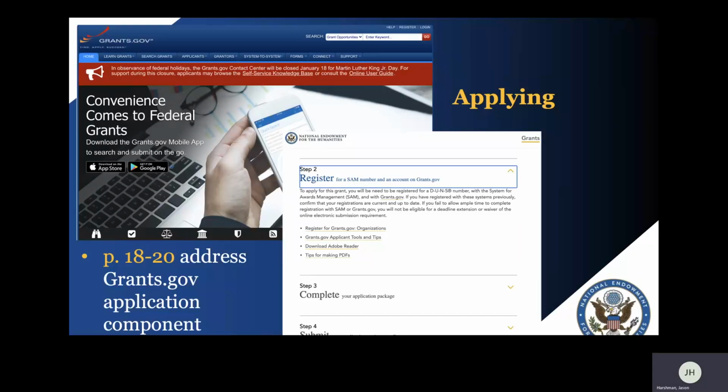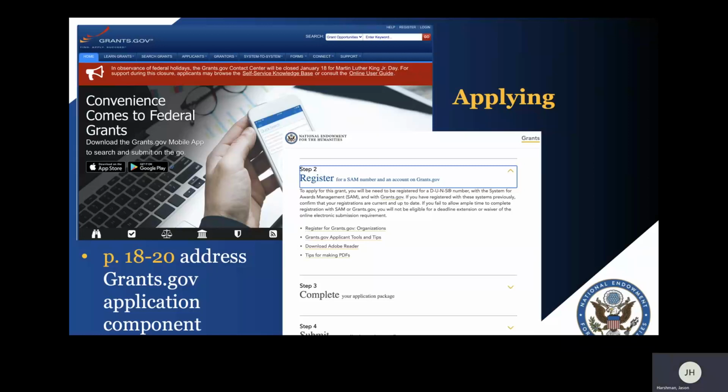When you've pulled everything together and you've brought together the attachments as well as the main body of the narrative, you're ready to apply. You must apply using grants.gov and sam.gov. You'll want to make sure that since you are applying as an institution and not as an individual, you use your institution's information. You'll want to check with your grant administrator at your institution to find this information and make sure that it is up to date. This process can take a while to complete, and so you are advised to start this immediately.